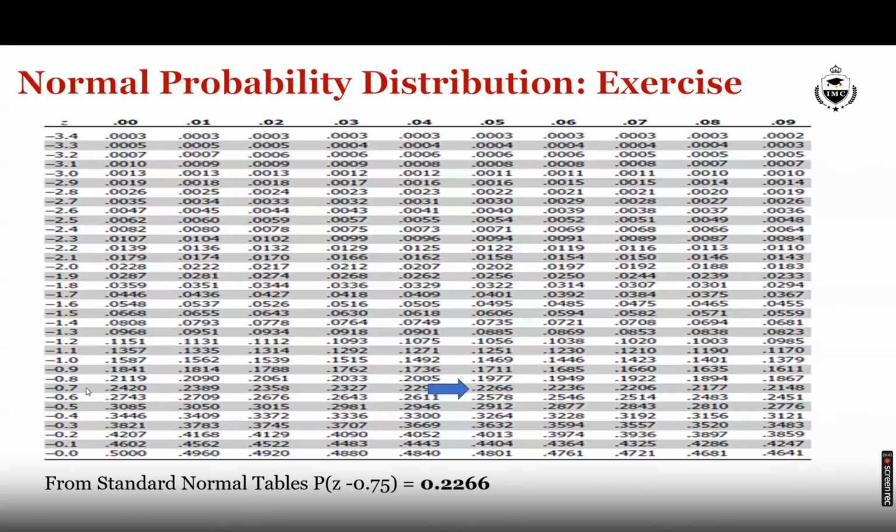One digit before the decimal, one digit after the decimal will appear in the Z column, minus 0.7. And what is the second digit after the decimal? 5. For this, we go to the right-hand side columns, the one headed by 5. So the corresponding value from the table for minus 0.75 is 0.2266. Okay, but what does it mean again?